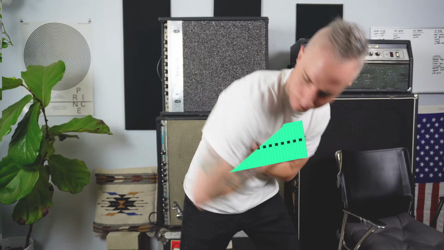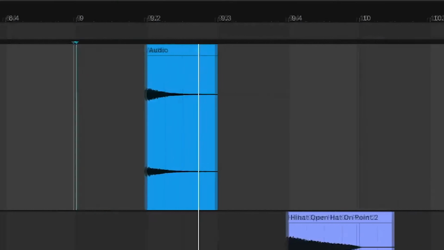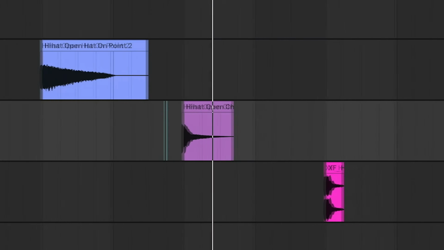Hi-hats are notoriously super annoying to me. I feel like I'm constantly wrestling them into submission. They're either too real, too fake, too bright, or too dark. But in this song that I'm working on right now, I felt like I struck a pretty good balance, so